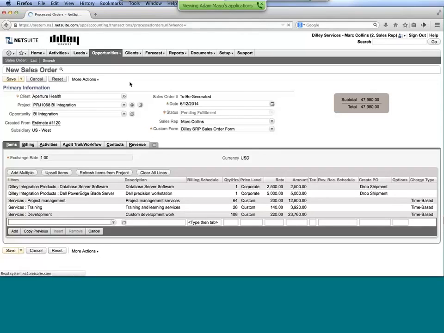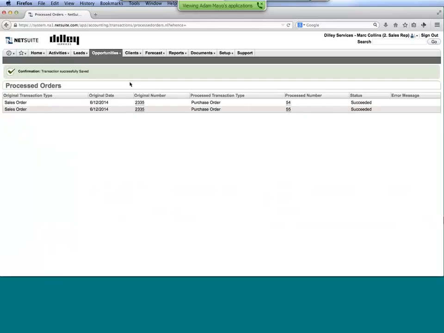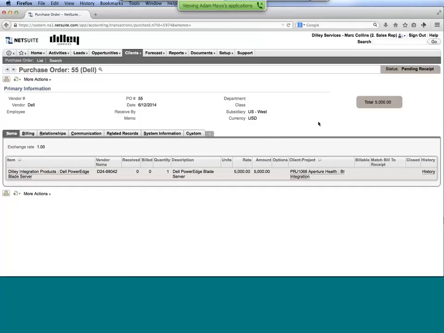Now, one thing just to point out as part of that process, we were reselling those different products. I'm not making the server in-house. That software that we're installing isn't ours in this particular case. So what this did is automatically create purchase orders that we're now going to be able to send off to our vendors for those third-party products. So from here, I could even view that, if I had the appropriate privileges, and look at the purchase order that was initiated.